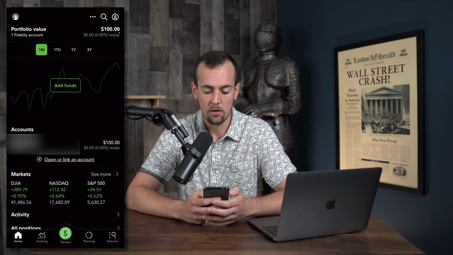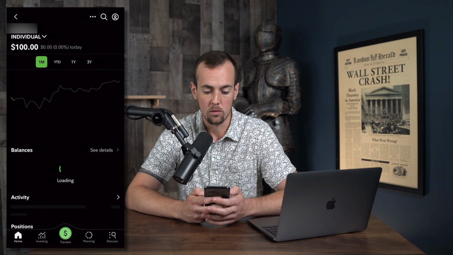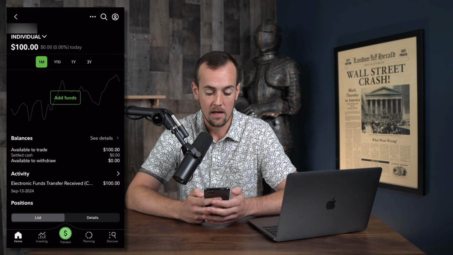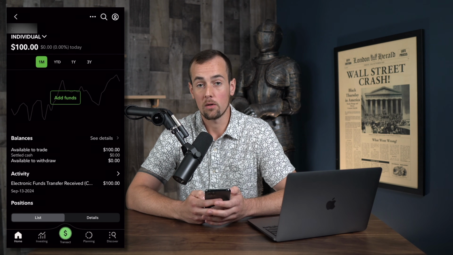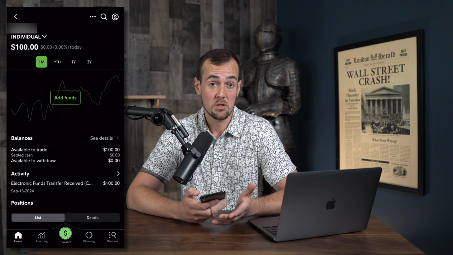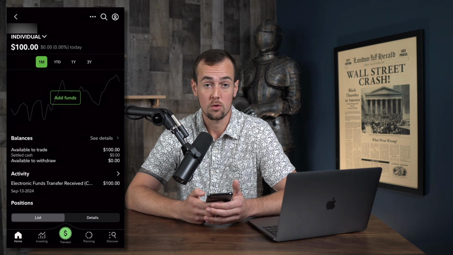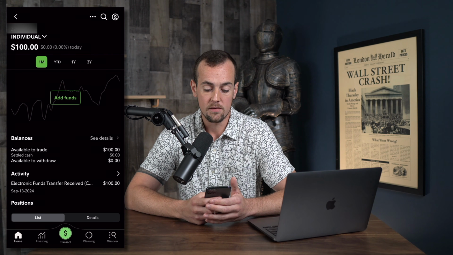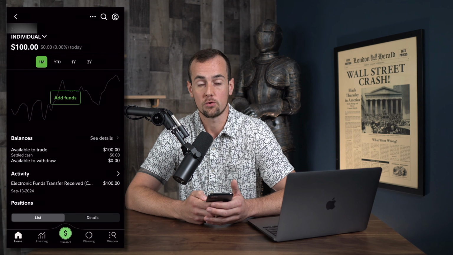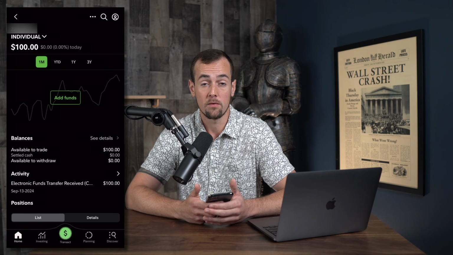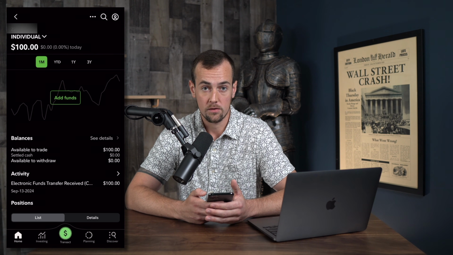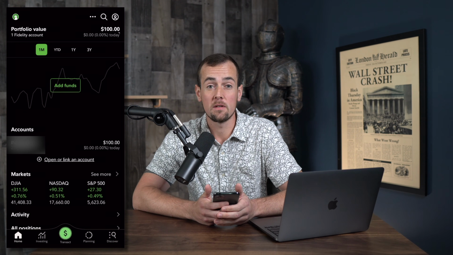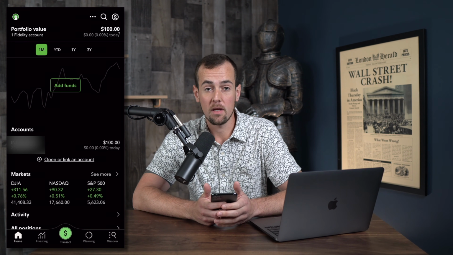Yes, you can see here where it shows $100 in the individual account, but because the transfer hasn't settled yet, it shows that there is $0 in settled cash. Now, it looks like they do give you an advance here that you can use to invest with, so you can invest that money right away, as it shows $100 available to trade. So if you wanted to invest before that money settled, you are able to do that with your Fidelity account. Now we're going to go ahead and make our first investment using the Fidelity app,